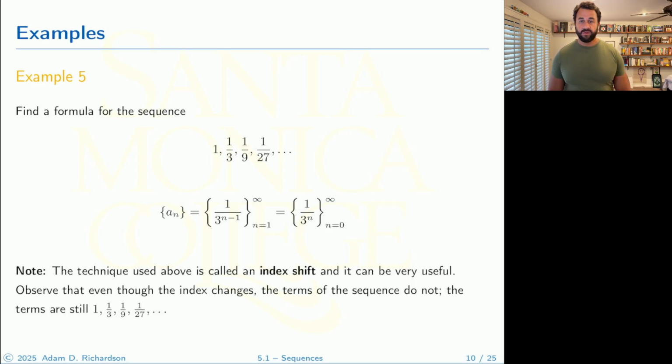But there's another way to express this sequence, another equivalent way to express it, and that is 1 over 3 to the n, but you've got to start when n equals 0. So when n equals 0, you get 1 over 3 to the 0, which is 1 over 1, which is 1, and so on. Before I get to this important note at the bottom here,